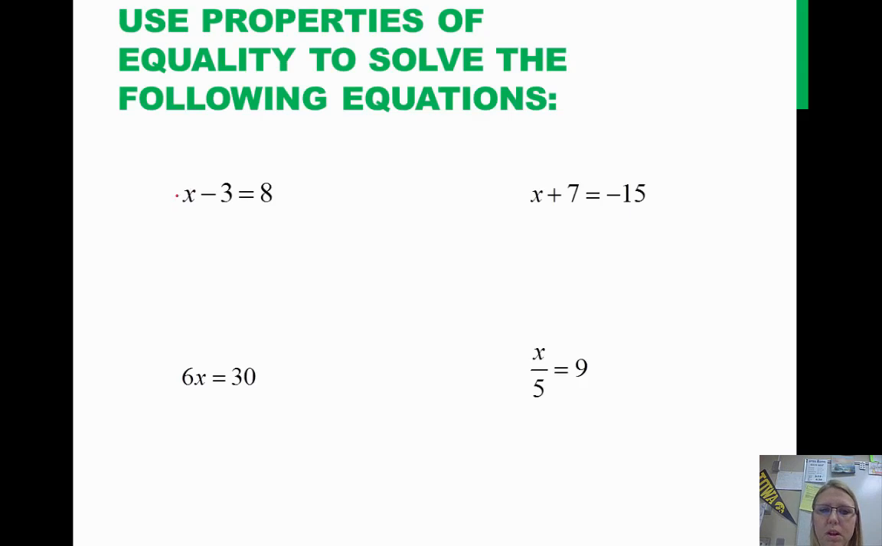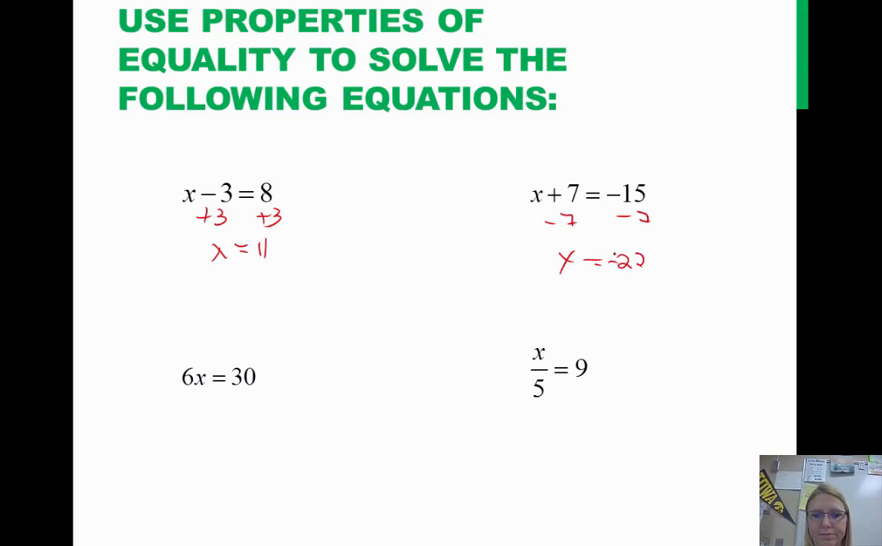So on this one, I'm solving for x. It's being subtracted by 3, so instead of subtract, I'm going to do the opposite of subtract. I'm going to add 3 to both sides. So I have x equals 11. Here we're adding 7, so instead of adding, we're going to subtract. So I have x equals